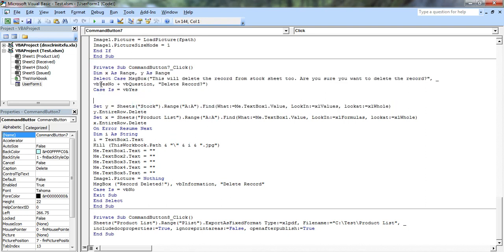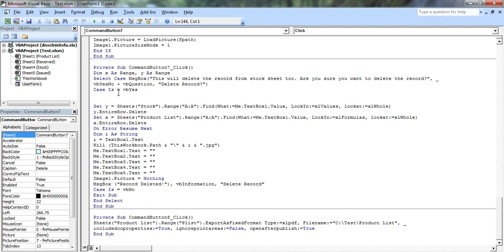In this delete button, we have also created two variables, x and y as range. Then we have set this condition: select case, message box, this will delete the record from stock sheet 2. Are you sure you want to delete the record?